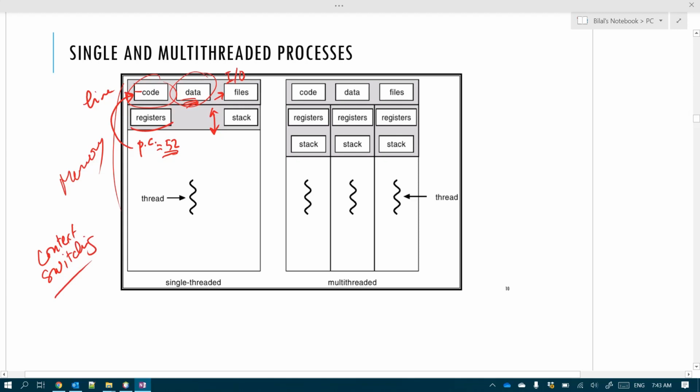Okay, good. Once again, in a singly threaded process, we have only one thread, and the execution of the code goes sequentially. The operating system may juggle between this process and another one, but inside the process, everything goes sequentially. Nevertheless, in a multi-threaded model, well, we can have one single segment for the code, one single segment for the